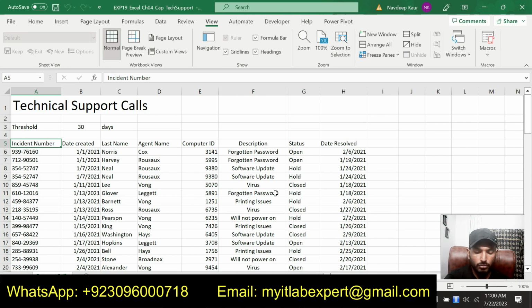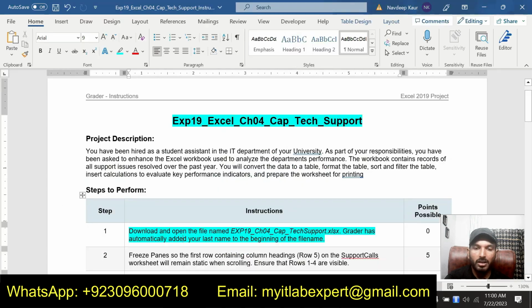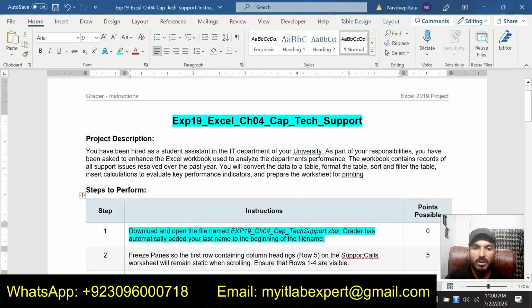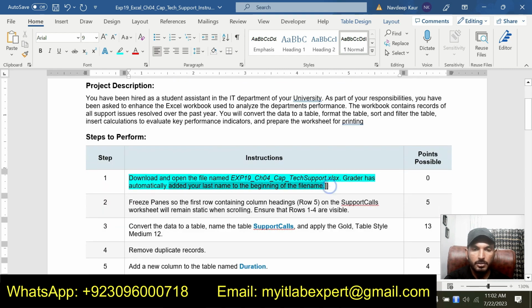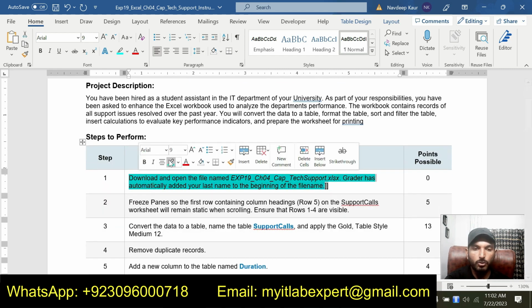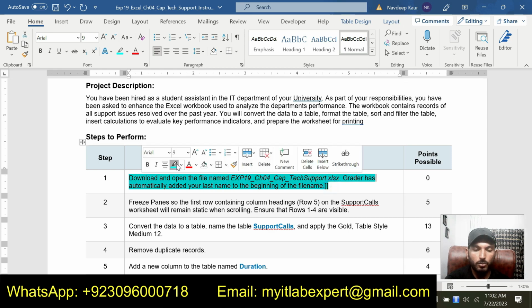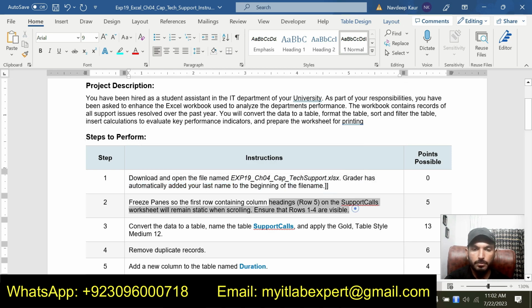We are supposed to apply all these instructions in that Excel file to get the assignment done in its final form. So step number 1 is just about downloading the file. Let me move to step number 2 now.